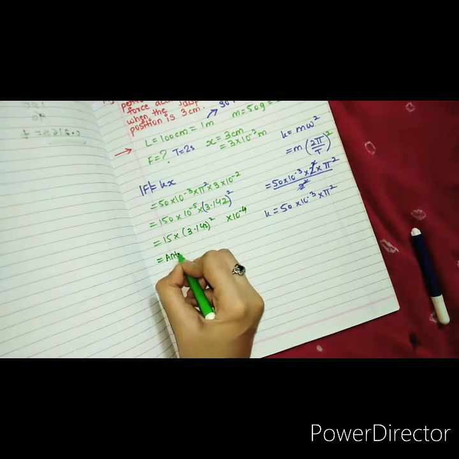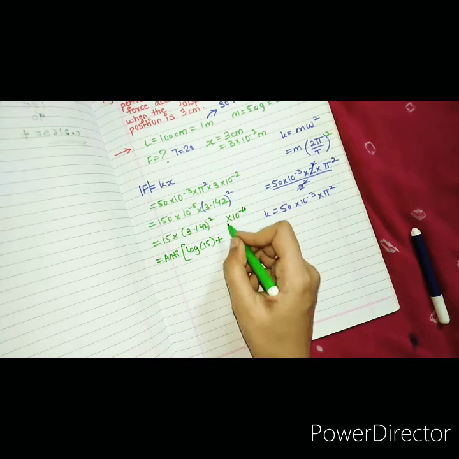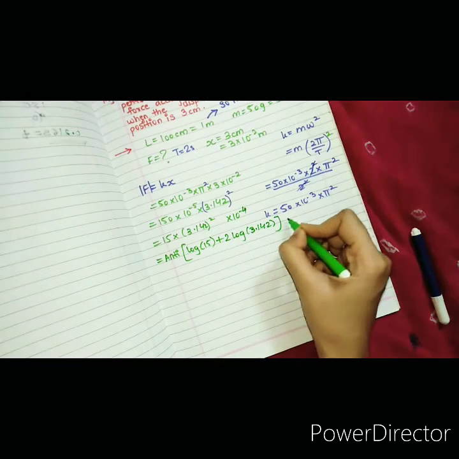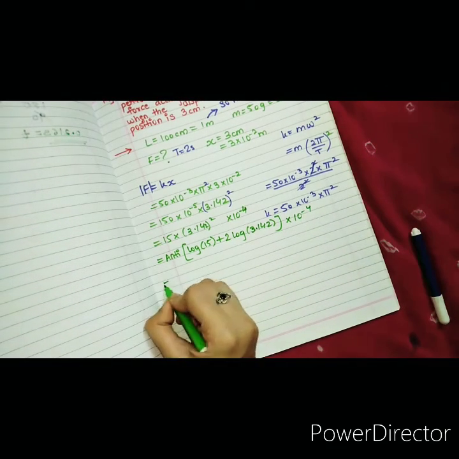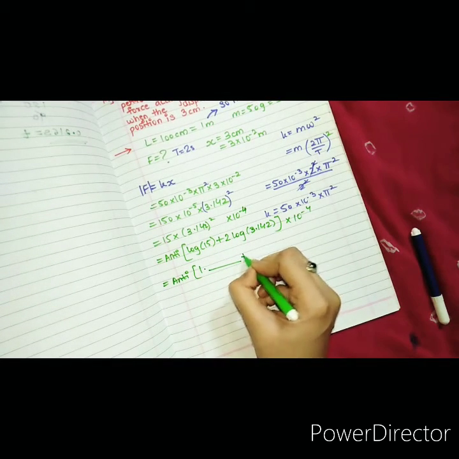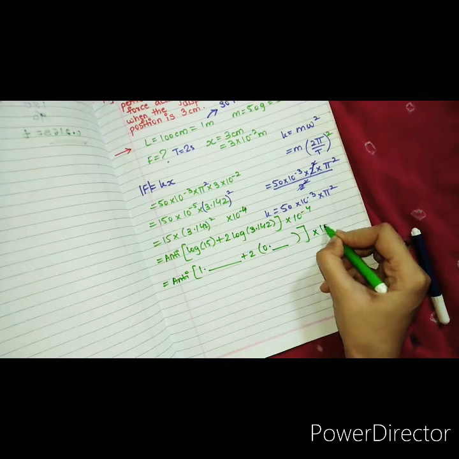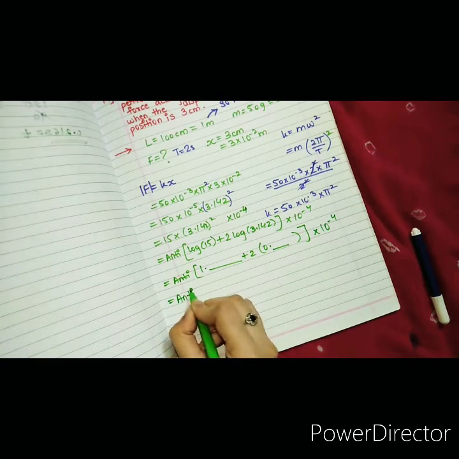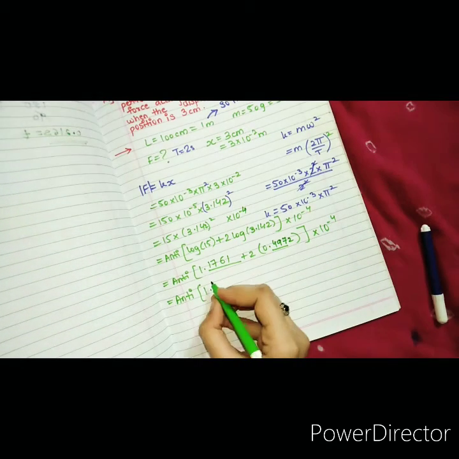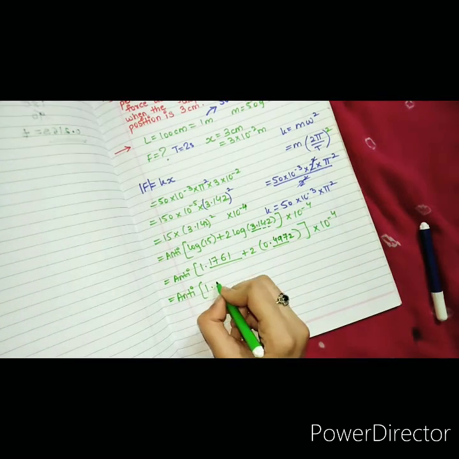We'll just apply log, so it is anti-log of log of 15 plus 2 log 3.142, and this 10 raised to minus 4, let it be outside. So anti-log, we have two digits, 2 minus 1 is 1 point, and then the digit 2 into 1 digit, so 0 point, and log of 3142 we will look up, and 10 raised to minus 4. So anti-log 1 point. Let's see. I hope you all know how to find the log. It is just easy. Look at 15 in the 0 column, and check 3142 here. Now